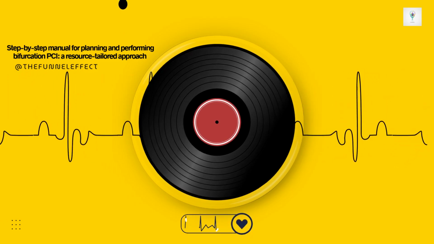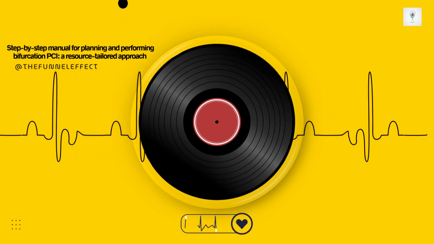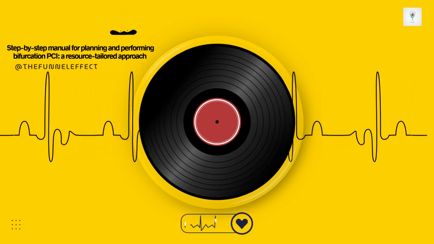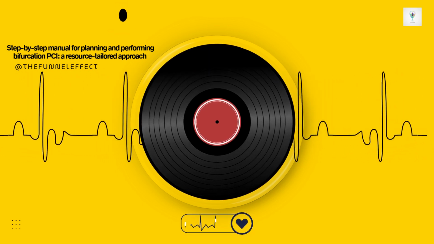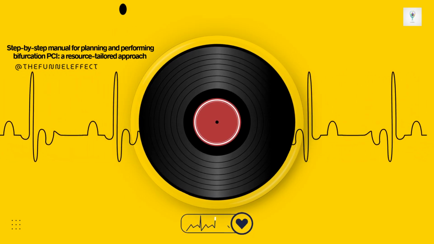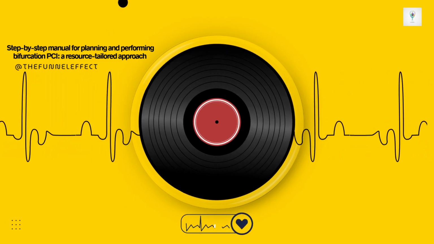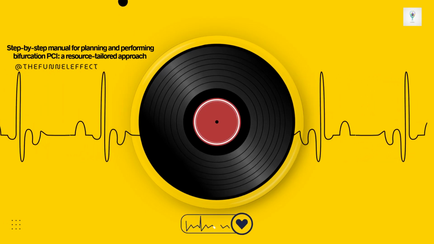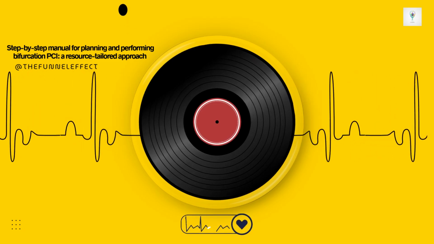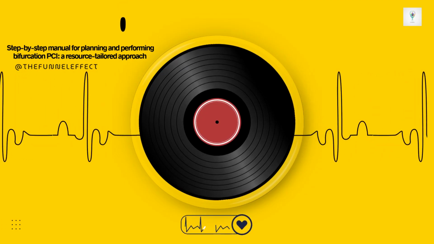It's critical for preventing something called abluminal rewiring. That's when the wire accidentally tracks outside the stent struts and tunnels into the vessel wall itself. This is a high-risk event that can lead to major complications like perforation or late stent failure. So if an operator suspects they might have accidentally rewired abluminally, maybe the wire path looks funny, or balloons aren't passing easily, using OCT to definitively confirm or deny the wire position is seen as a very justifiable use of a costly resource. It can potentially avert a catastrophic vessel complication. Okay, so use imaging selectively, especially for complex cases like two-stent procedures, and definitely use OCT if you suspect abluminal